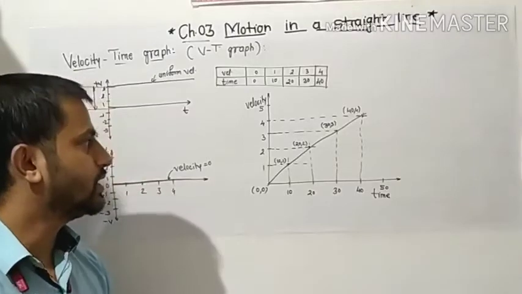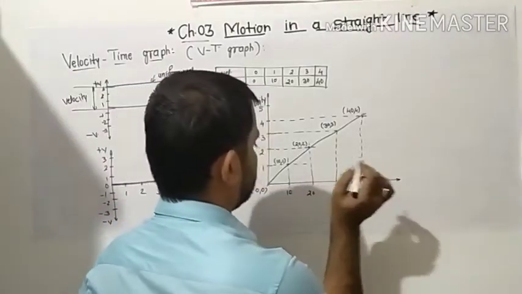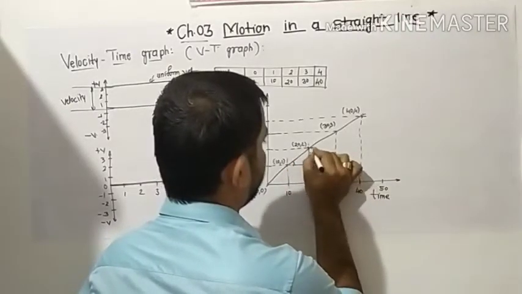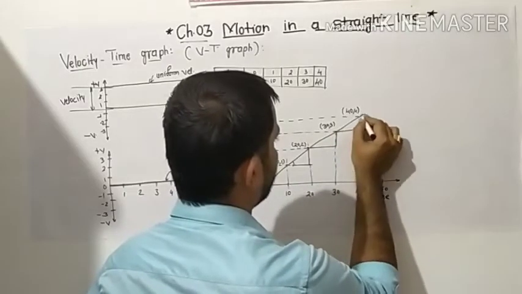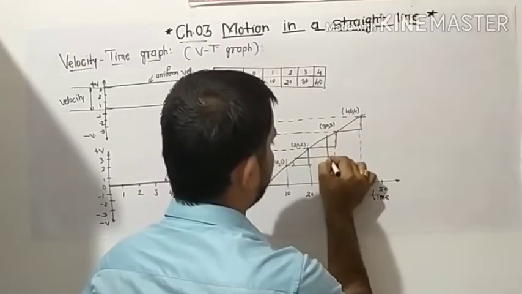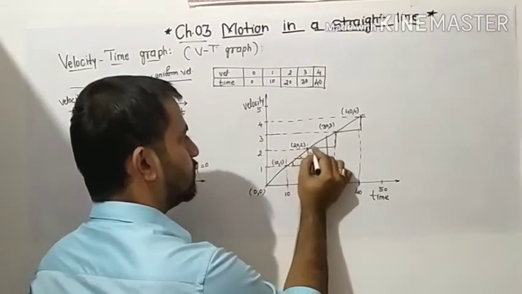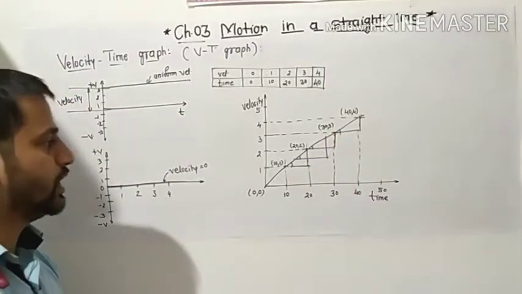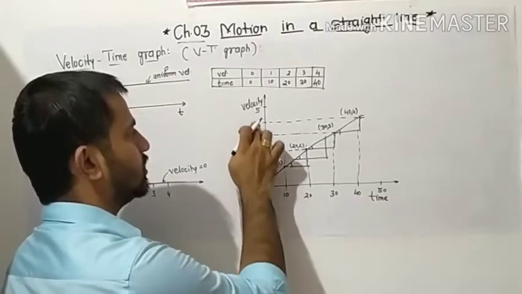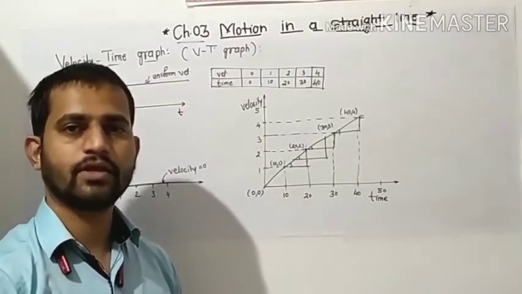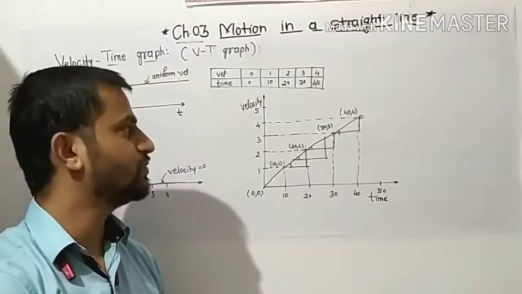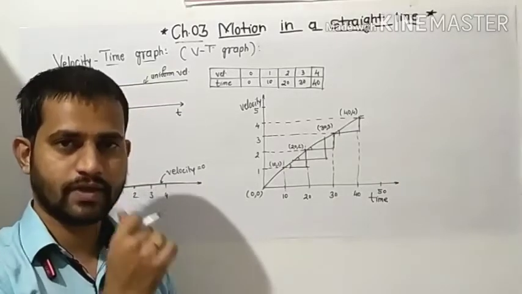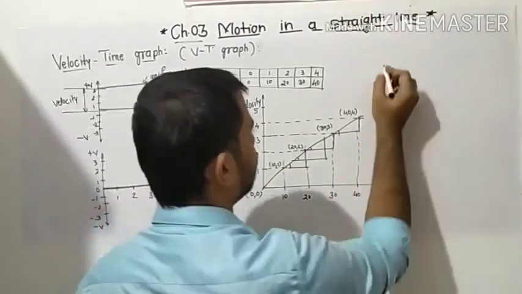Okay, so we can see here, I forgot to tell you, if we take the slope at this point, or at this point, or at this point, what is the value of the slope we are getting? That value of the slope will remain constant, because for equal intervals of time, the velocity also changes in equal steps. So that's why here the time and the velocity have the same intervals. Okay, so if you find the slope here, the slope will be given as